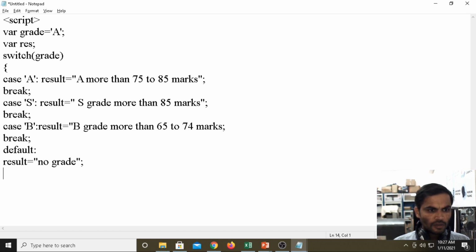Then closing it, then document dot write. Write means it will display the statement on the browser. Document dot write result. The variable name is res, sorry, maybe I took res, not results.